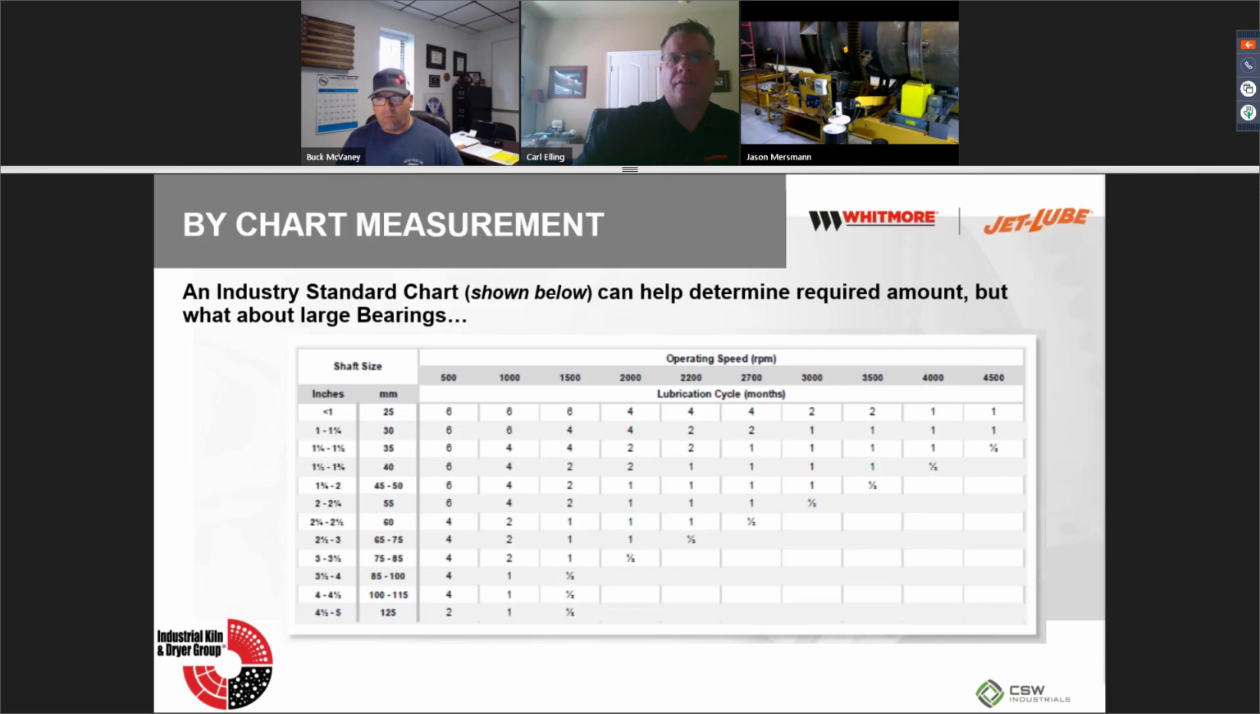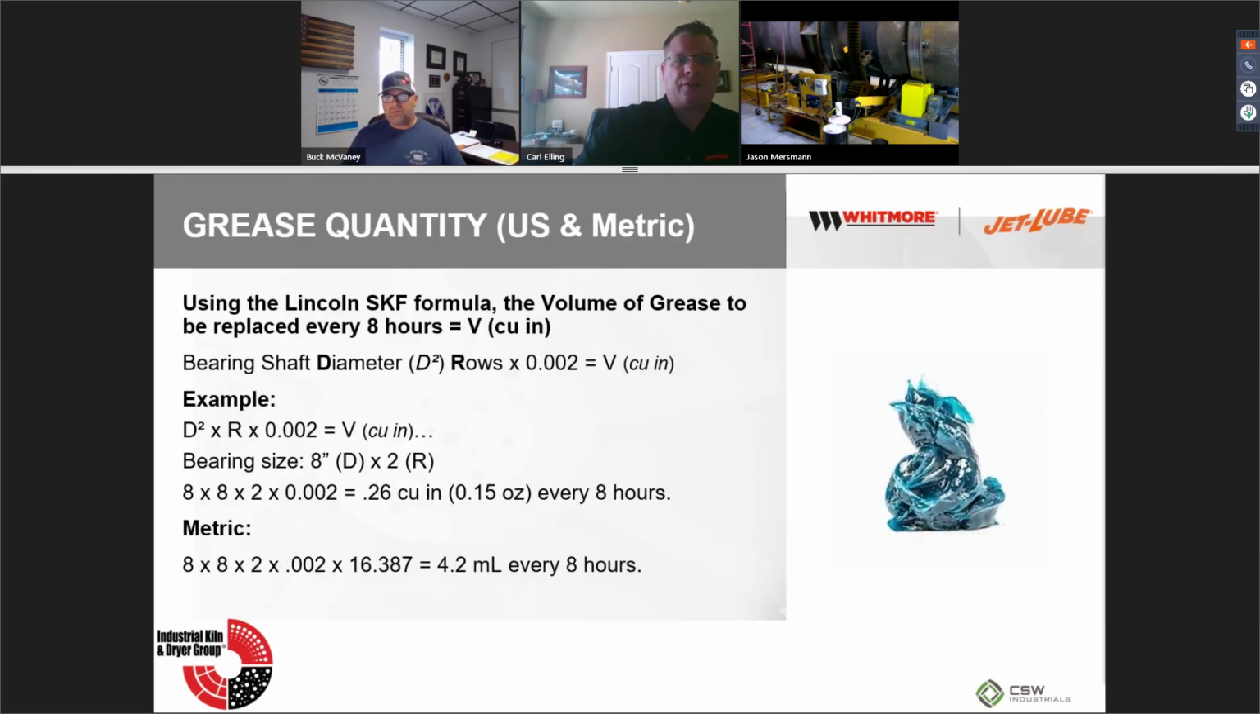Let's go ahead and go over here. So now the quantity. Real easy math. When we typically reference the Lincoln SKF formula, it's a tried and true, if you will. So they use the volume of grease to be replaced every 8 hours. They usually take the shaft diameter and the number of rows, and then you usually put that into ounces, or you can put that into the metric. And just as an example,